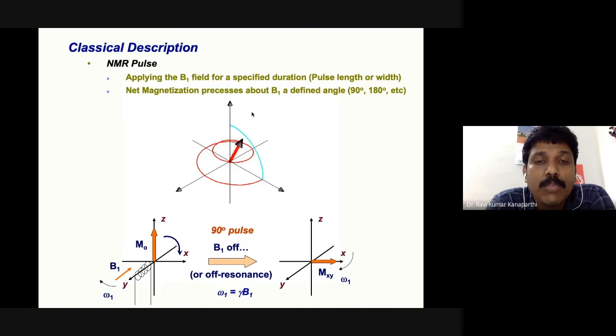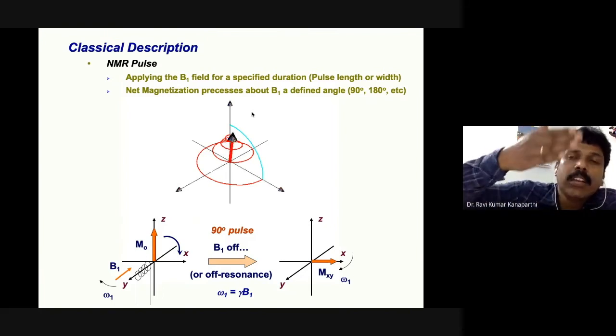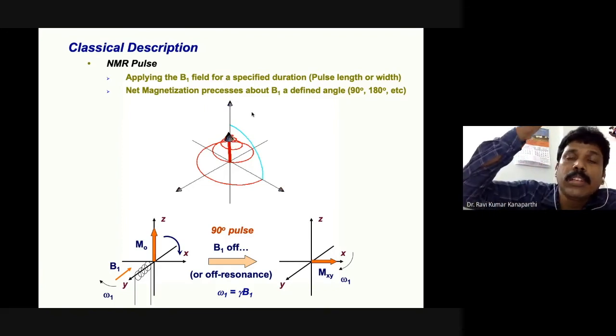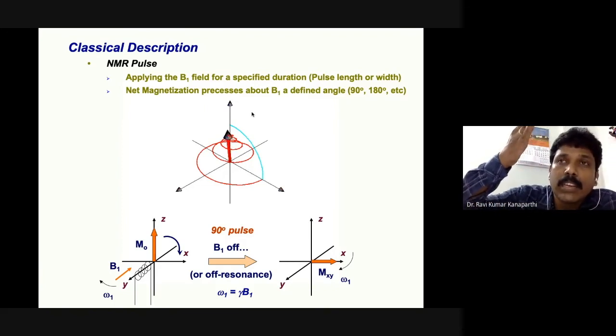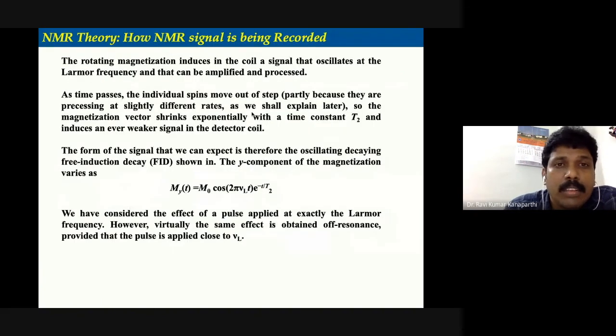Initially, it has a huge vector, but then slowly it decays. Please remember that we are measuring the magnetization in the XY plane. When it is in the XY plane, we will have maximum magnetization. But if it goes in the other direction, that is the z direction, the magnetization basically reduces. Therefore, it decays. Initially you have a huge amount of magnetization in the XY plane, but then slowly it decays. Right. So that is the thing.